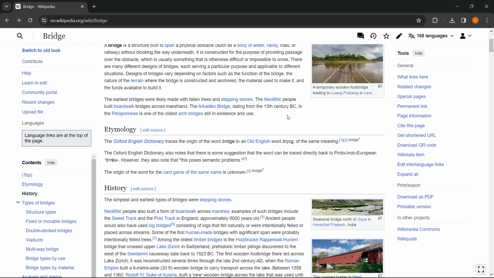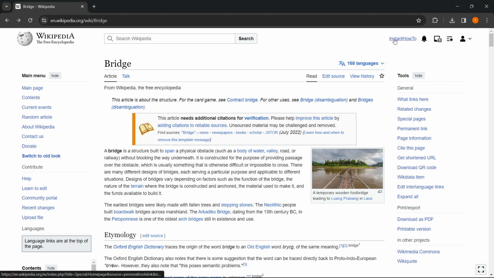edit, you first have to create an account. As you can see, I already got my Wikipedia account, so I don't have to do this. But once you've created your Wikipedia account and confirmed your email address, you can then access the same page as